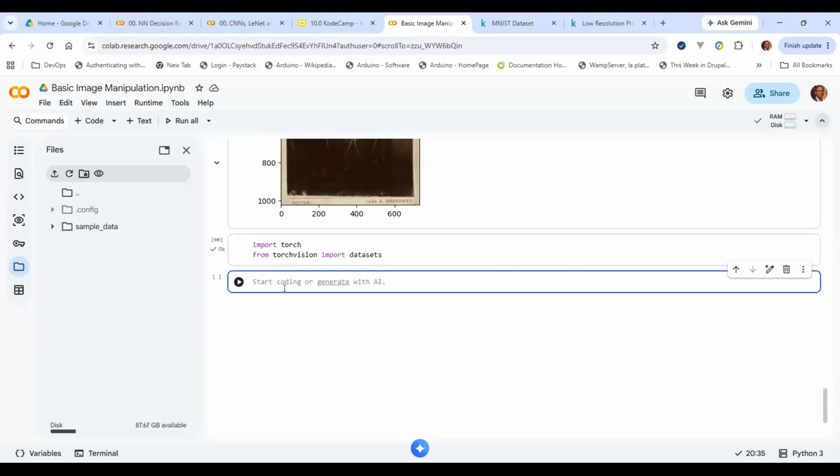One thing you can do is how you pull data from a PyTorch dataset. For example, for MNIST, you will use datasets.MNIST. That's how you get that. So it's very easy. You just use datasets.MNIST and you are getting